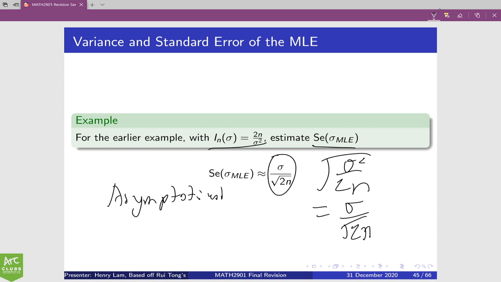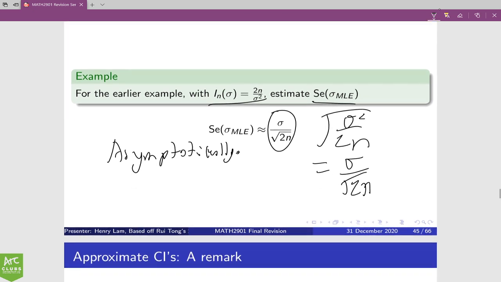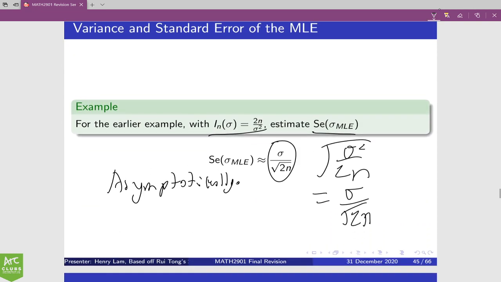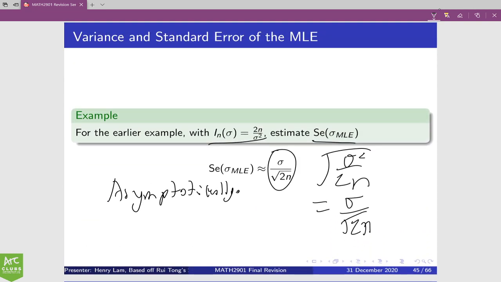Asymptotically. So we found the variance asymptotically, and so we can find the variance of the MLE, and so we know that it's asymptotically normal as well, right? MLE asymptotically normal,